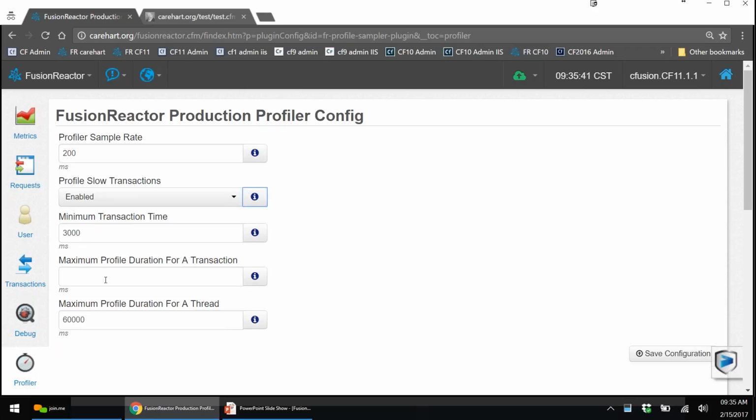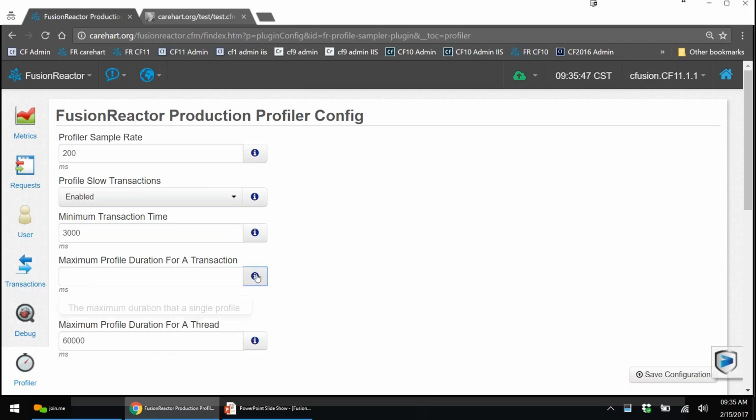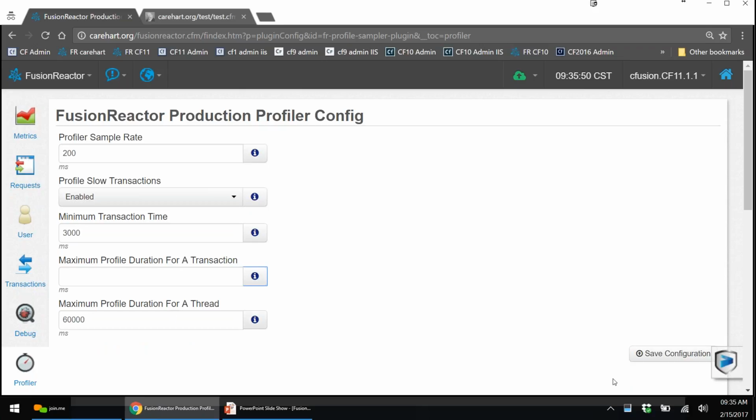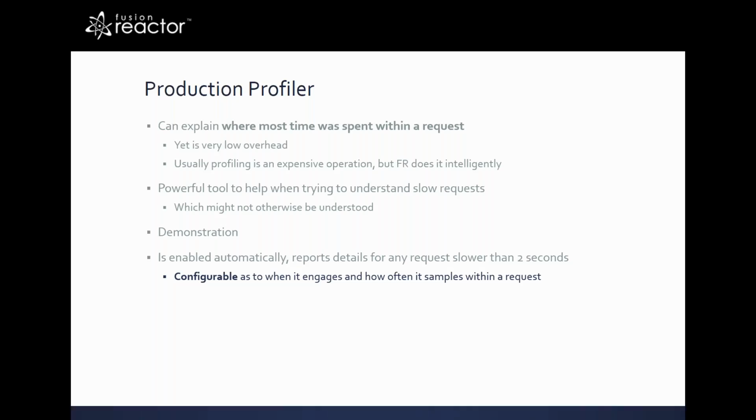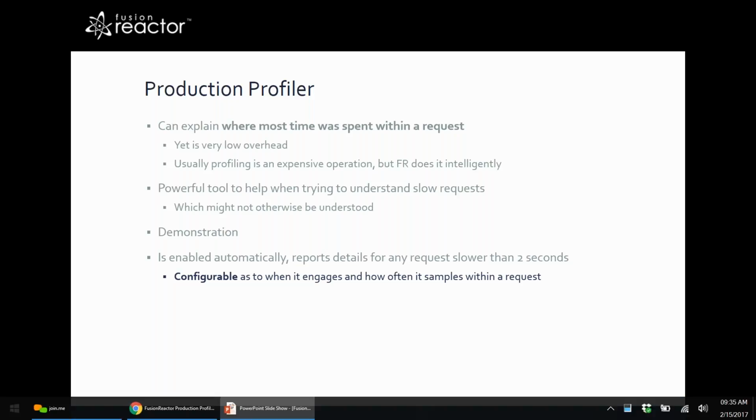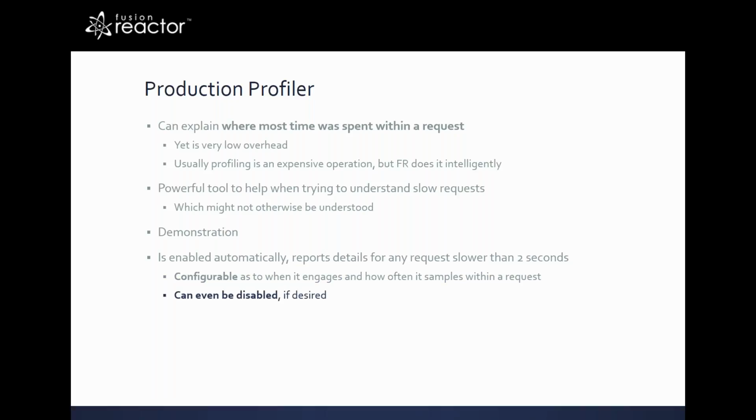Okay. And then there's the maximum profile duration for a transaction and for a thread. And again, you can read those and understand what they're about. So I'm going to leave you guys to look into that more. And if you make any changes, then you go down here to the bottom right corner and save your settings. Okay. All right. So let's move on